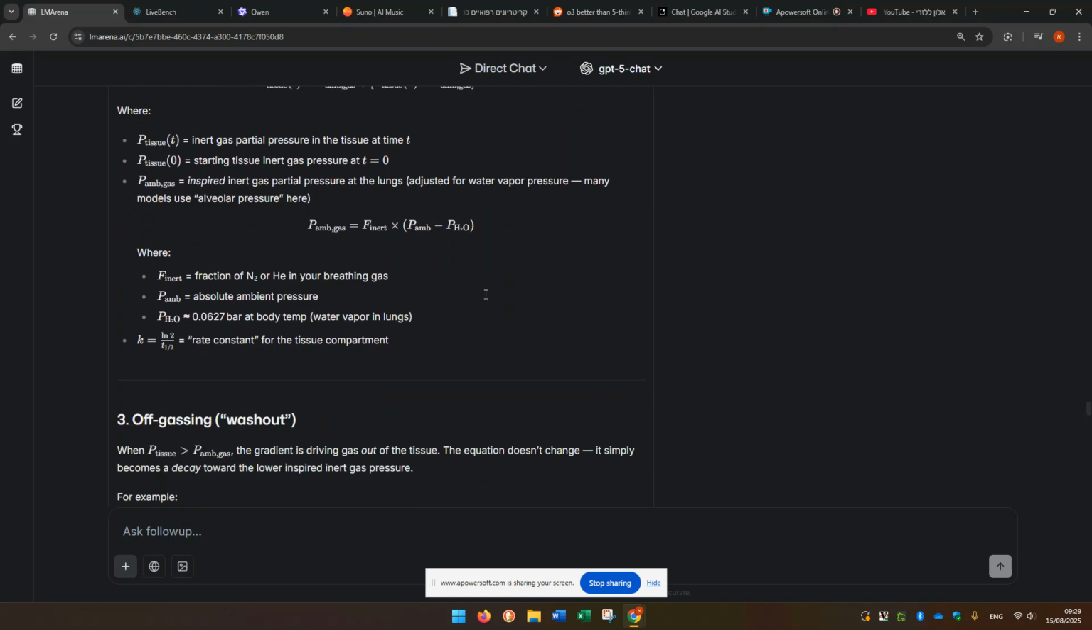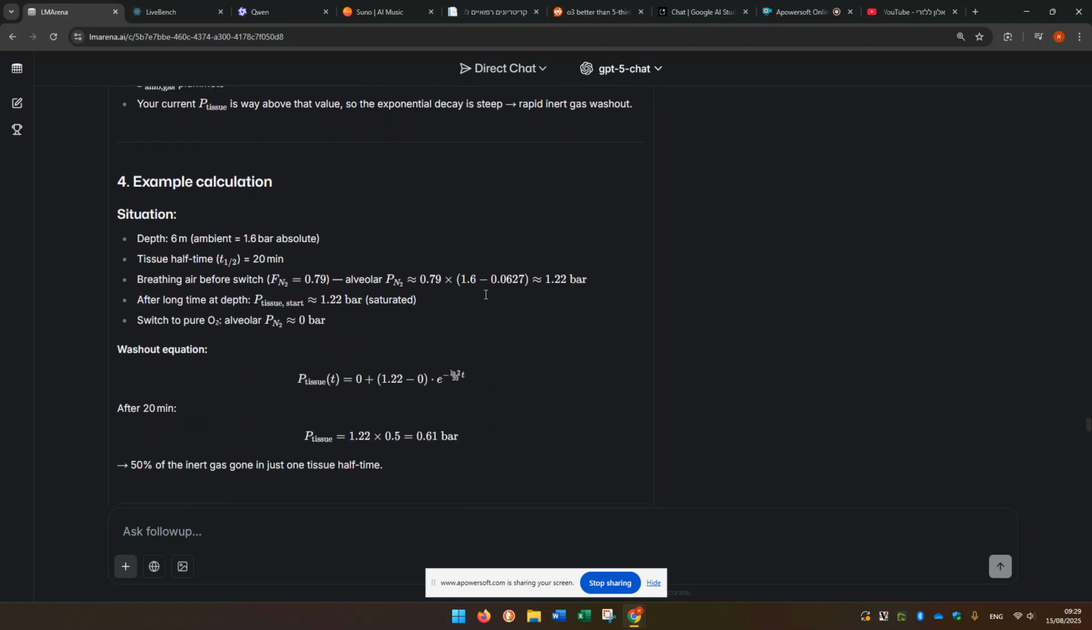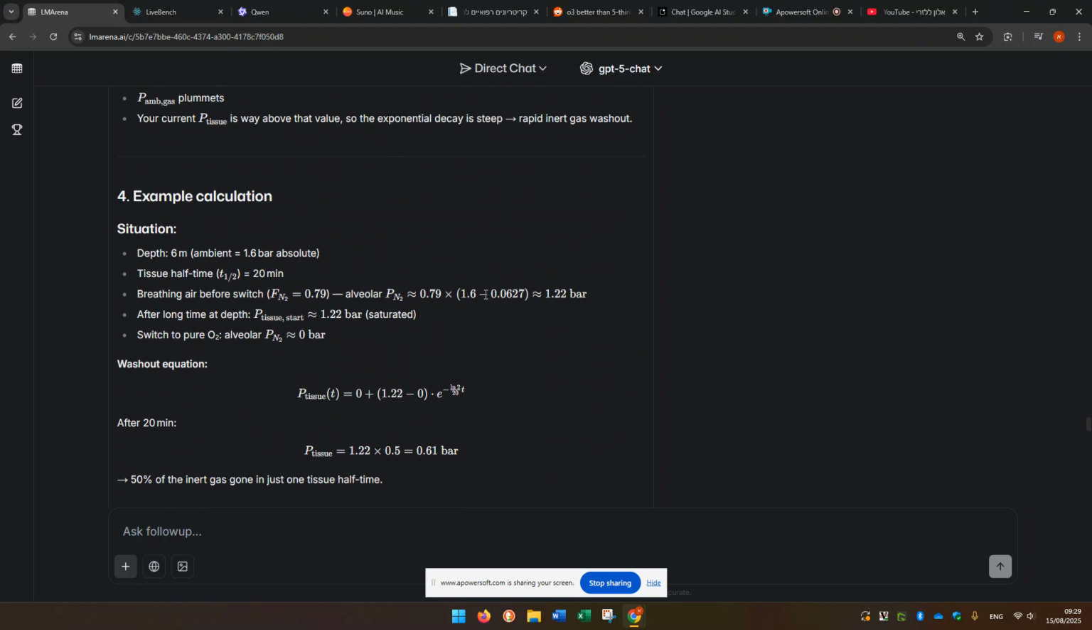Okay, so let's see an example of a washout when we use oxygen as the breathing gas in a decompression stop. We will look at a depth of 6 meters, for example, which may be the decompression stop according to the US Diving Manual. The tissue half-life is 20 minutes, namely a medium-speed compartment. We breathe air